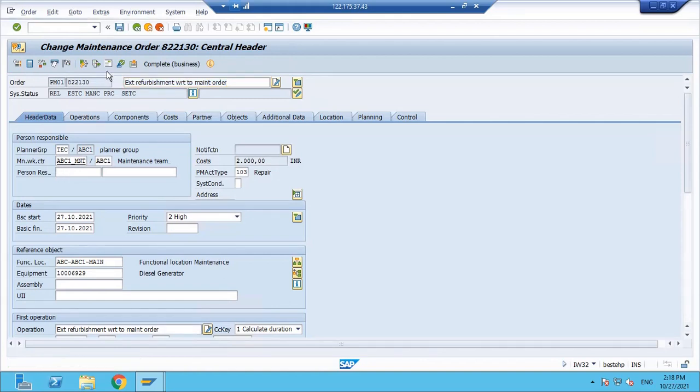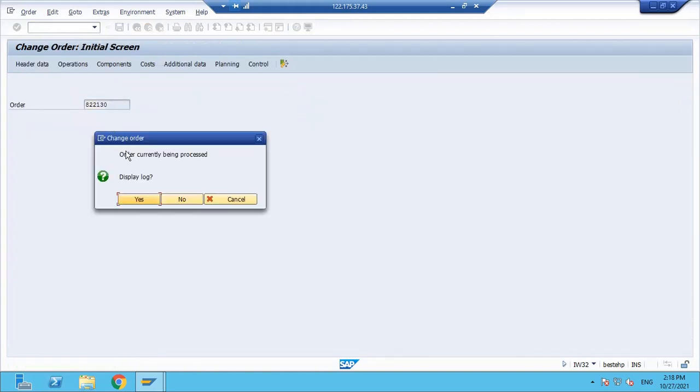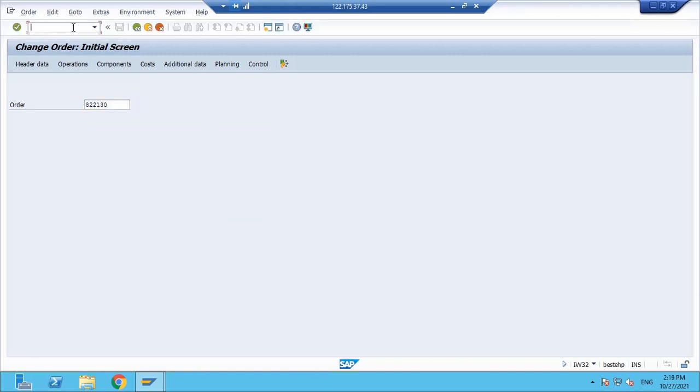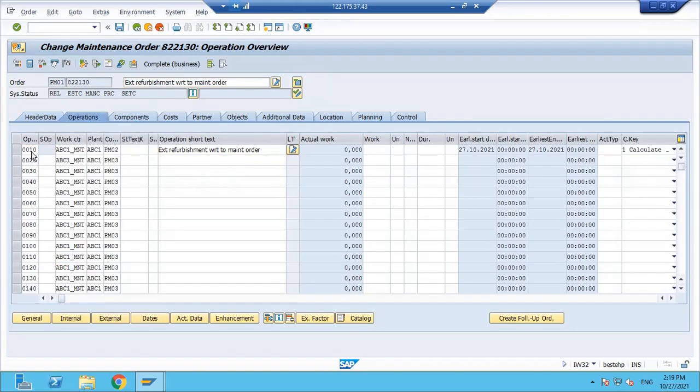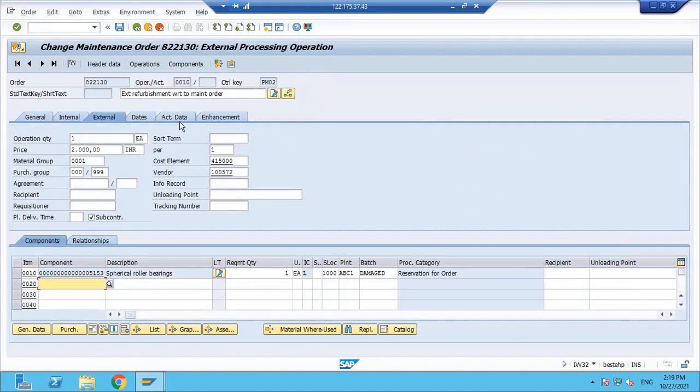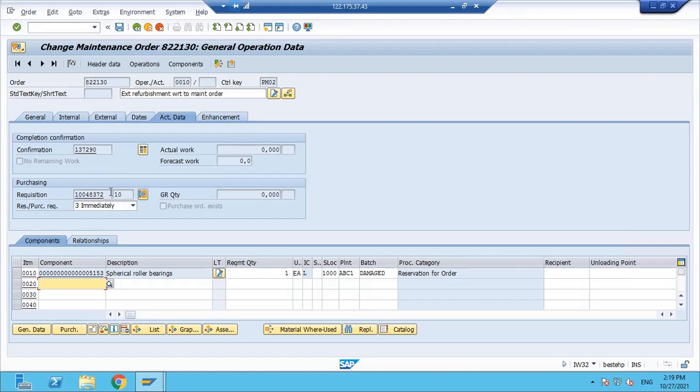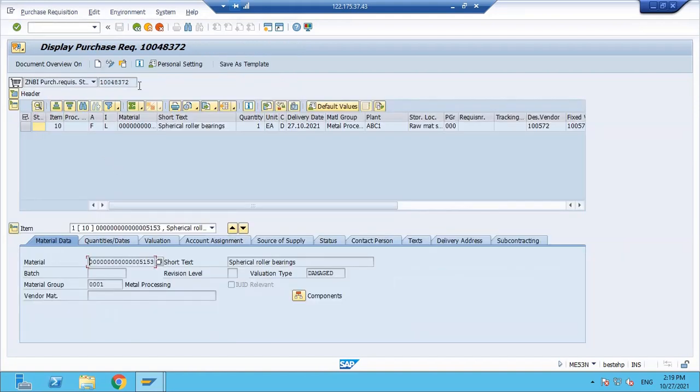Save this. Again go to IW32. Operations, double click on this operation. Account data, you can find that a purchase requisition got created.